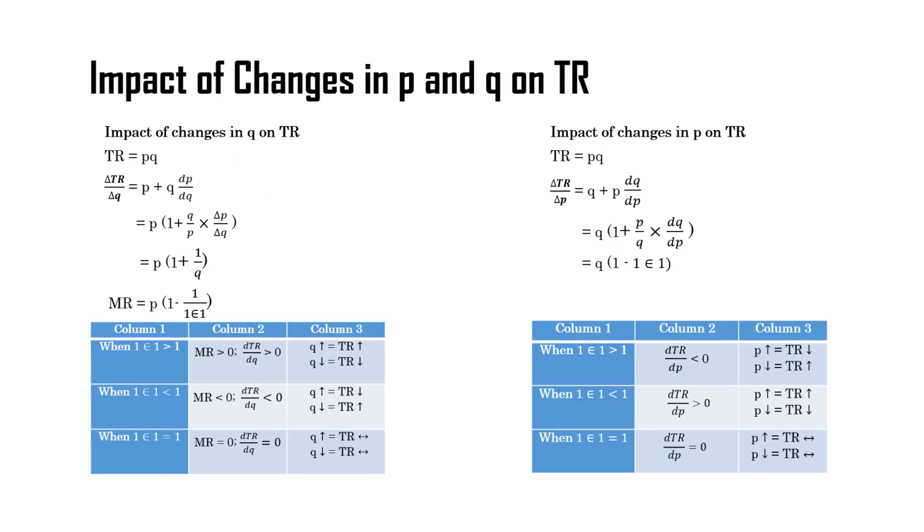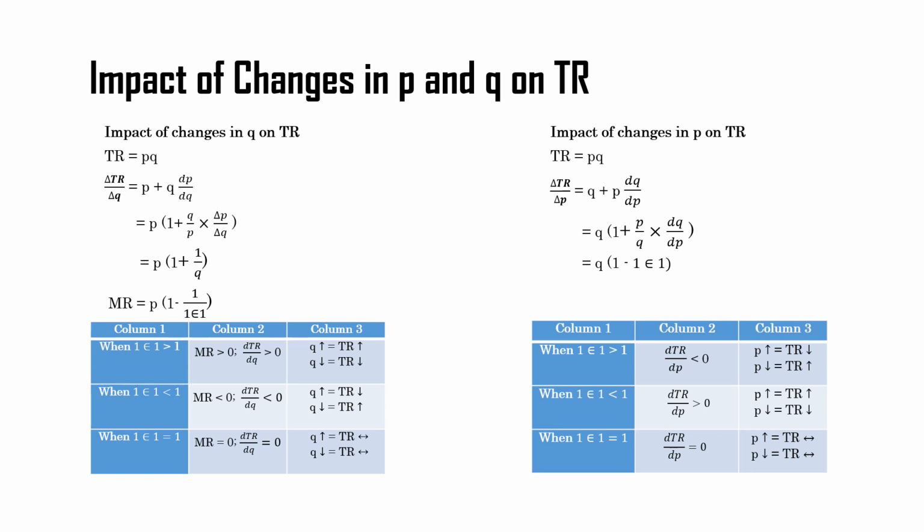In the next slide, I'm going to discuss the impact of changes in price and quantity on total revenue. At first, we can see the impact of change in quantity on total revenue. When epsilon is greater than 1, marginal revenue is greater than 0, and this means if quantity increases, total revenue increases, and vice versa. When epsilon is less than 1, marginal revenue is less than 0, dTR by dQ is less than 0,